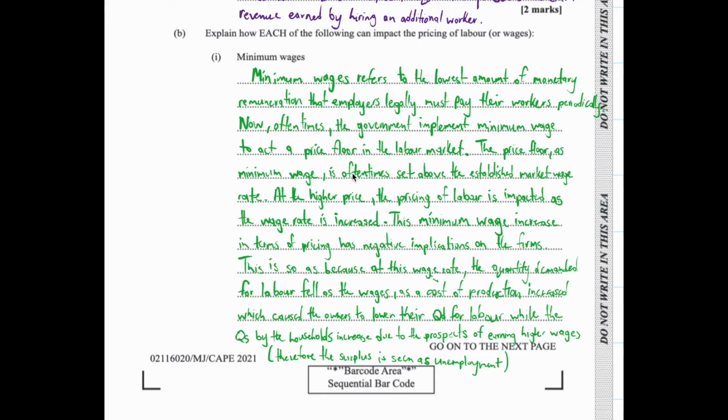If it's above that, that would go to show that there will be a higher wage rate. And remember, wages is almost like an expense. It is an expense to the firm. So if they are essentially incurring more expenses